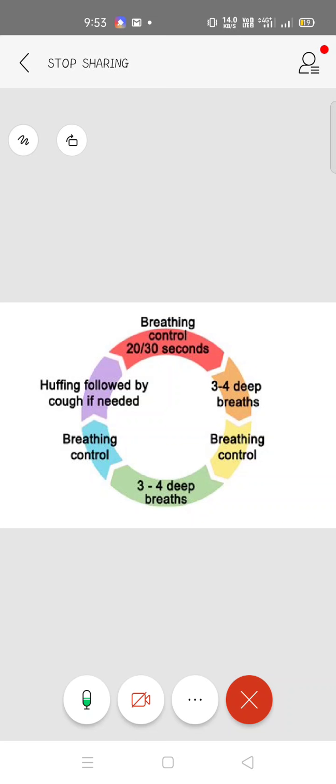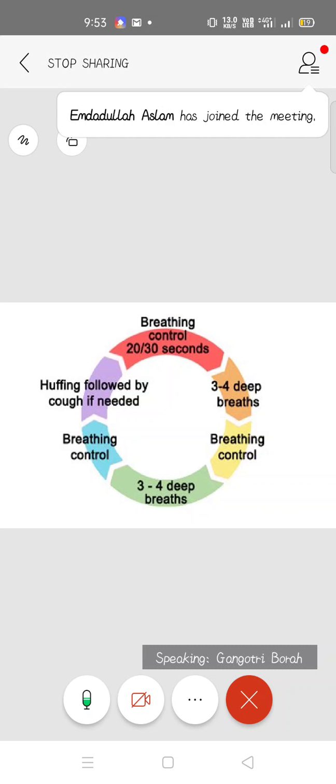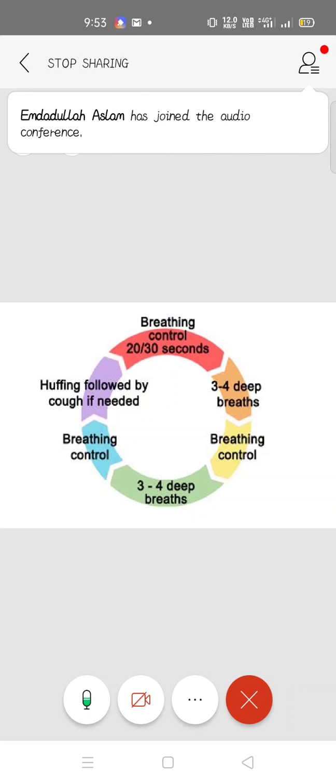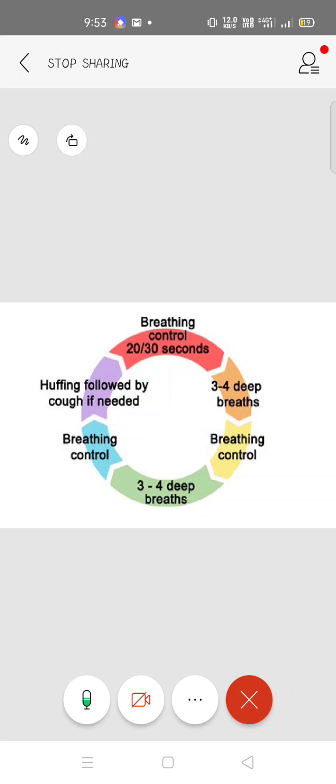Maybe you will help it with different positioning. If the patient feels lightheadedness, you can start changing the position. Usually this is done in a sitting position only, or if not in sitting, the postural drainage position. Yesterday I gave you a list of how we go into different positions for postural drainage, where gravity can assist the secretion clearance. You can do it that way, depending on which lobe the secretion is present in, or simply in sitting position as well.